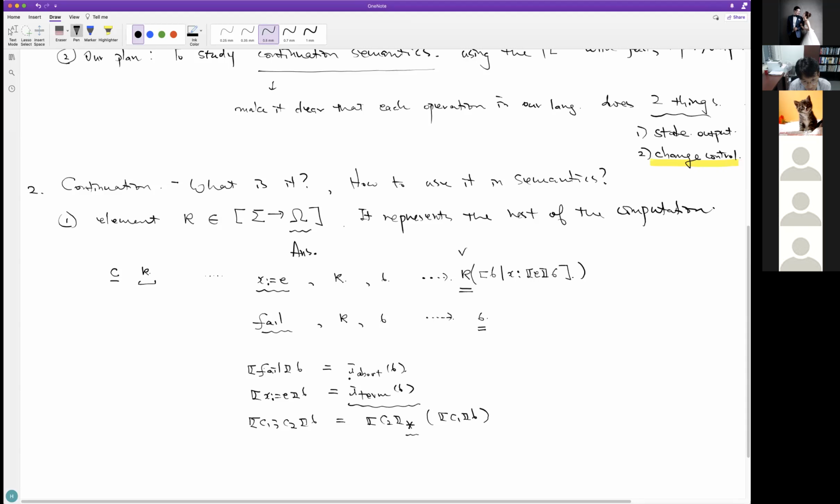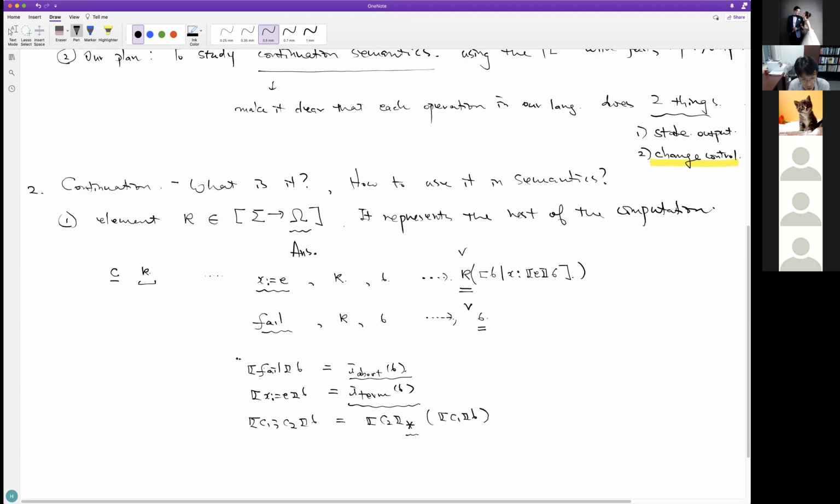But if it encounters abort, it doesn't run C2 at all, it just returns the abort sigma as a result. The point I want to emphasize is that in the continuation semantics, this management of how the control should change in the program execution is done when you interpret assignment and fail, at the point where the control change actually happens.